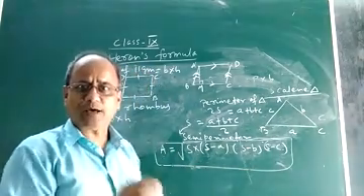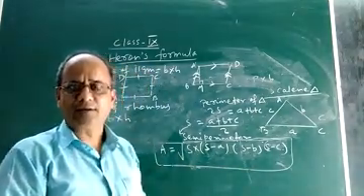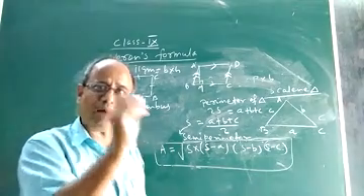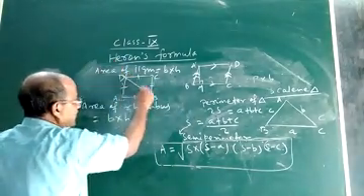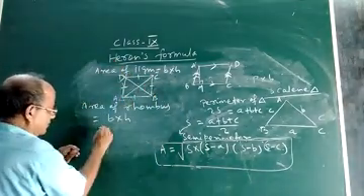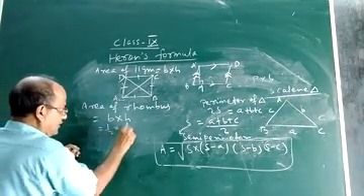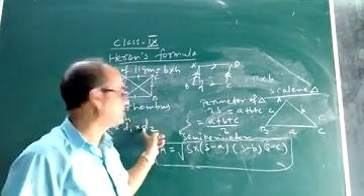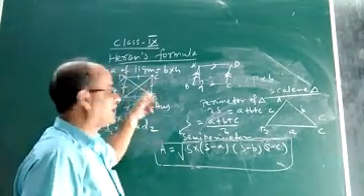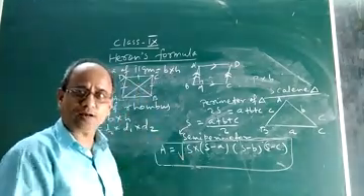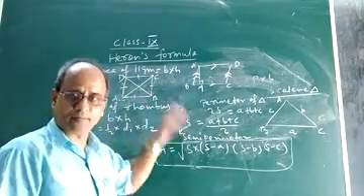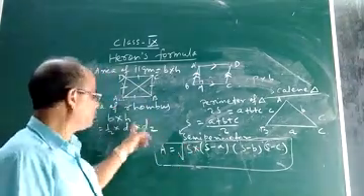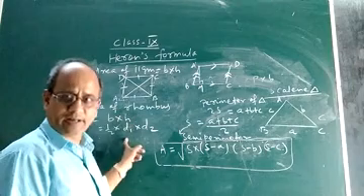Still there is another formula. I hope you must have remembered. What is that? It is half the product of the diagonals. See, this is one diagonal, this is another diagonal. So we can say half into D1 into D2. Half into the product of the two diagonals, that is AC and BD, gives the area of the rhombus. Okay. So these are the two formulae which we can use to find the area of a rhombus.